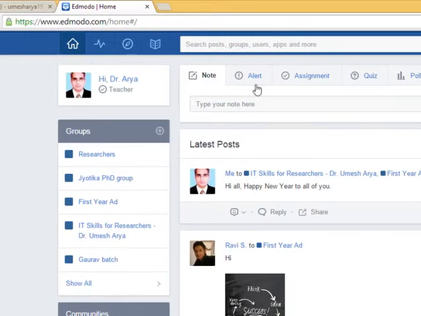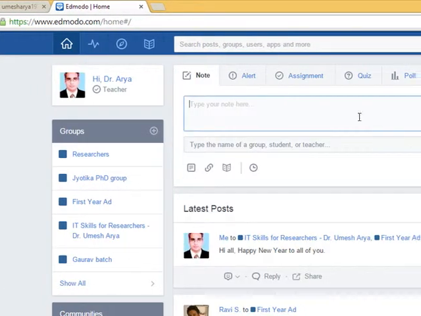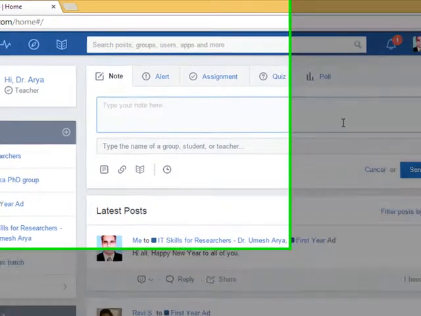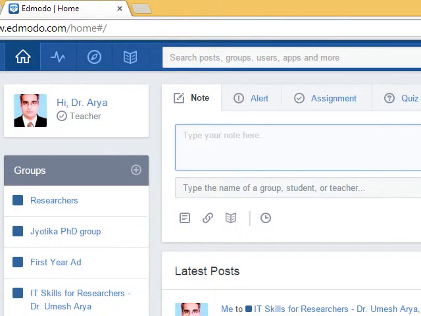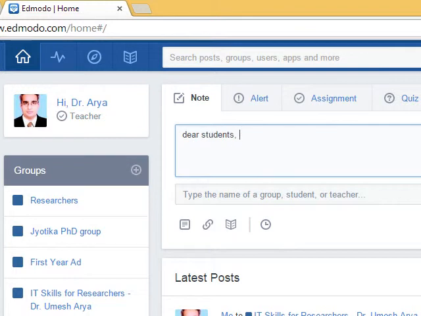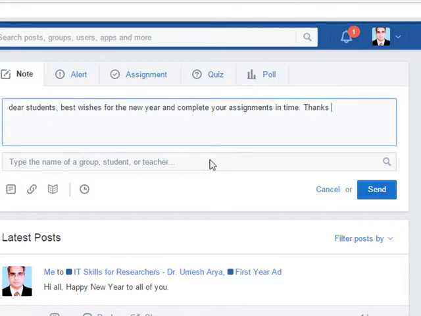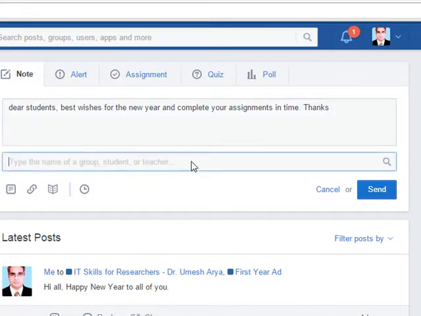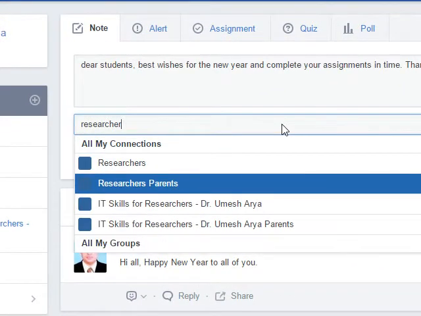Let's come to the academic part of it. Now I want to share something instantly with my students. For example, this is the post that I want to share with my students, so I will type the name of the group, for example, researchers.